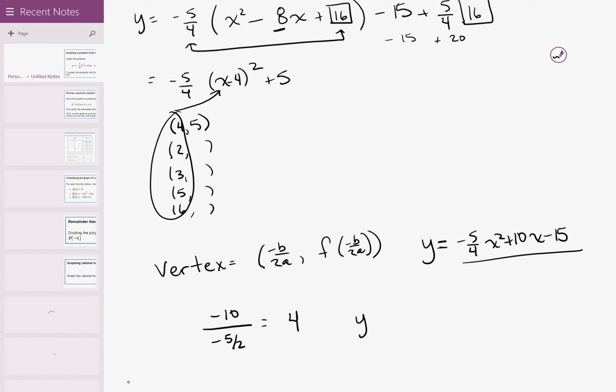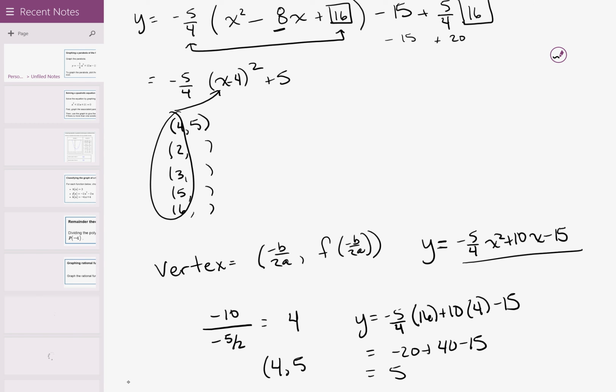So y is equal to negative 5/4 times 16 plus 10 times 4 minus 15. This is negative 20 plus 40 minus 15, and that is 5. So my vertex is still at the ordered pair